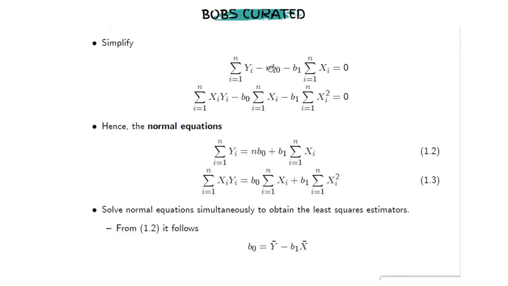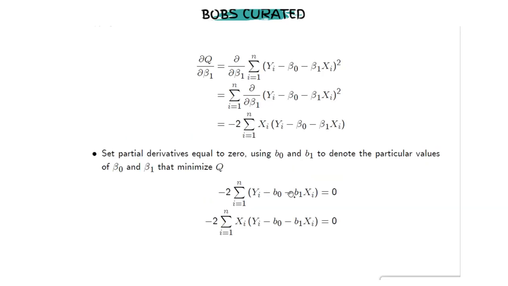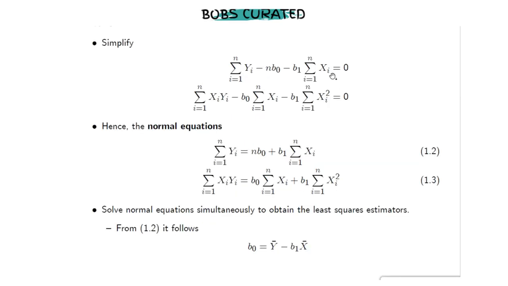Alright, so there we've just used our sigma rules and simplified the previous equation a little bit to get those two equations over here. And now if we reorganize those terms, you will see that we are going to get the so-called normal equations. We are also going to formulate them in terms of matrix notation, but this is the simplest form that you can write the normal equations in.